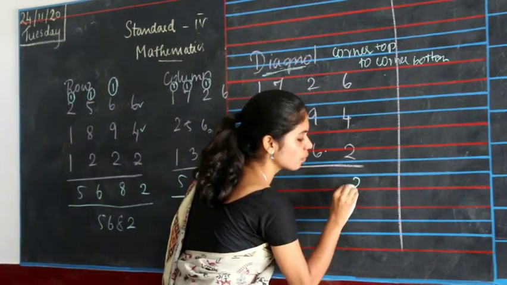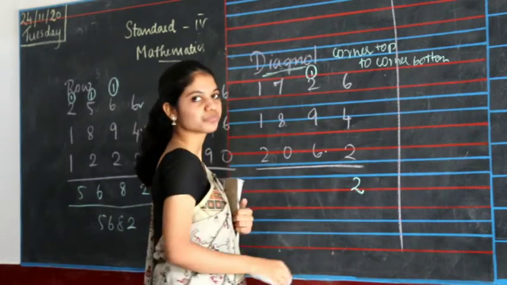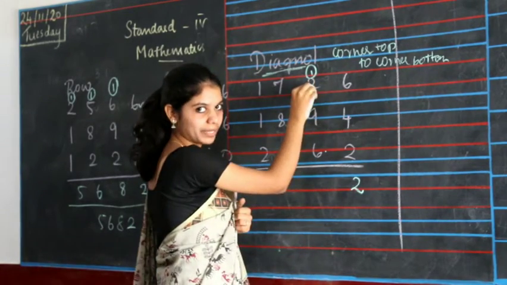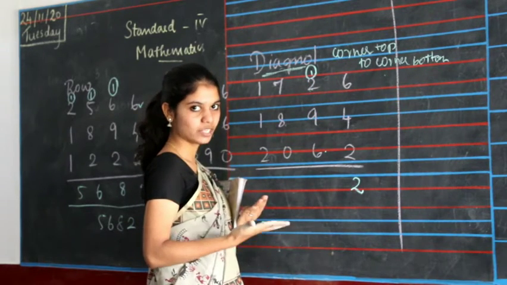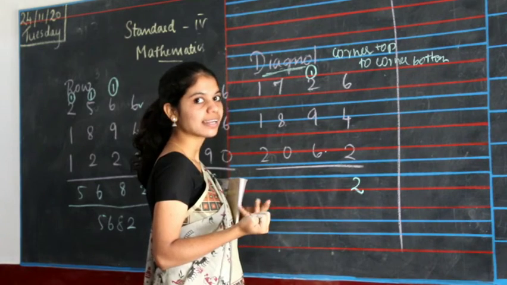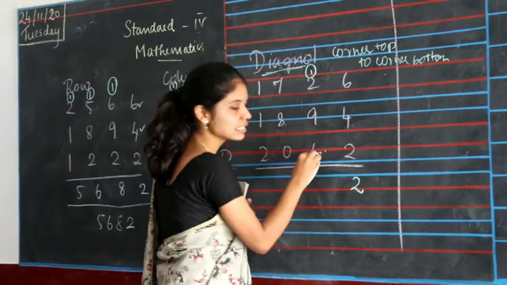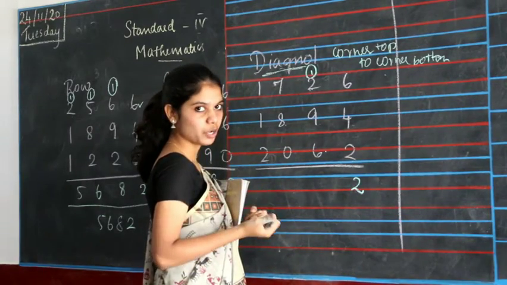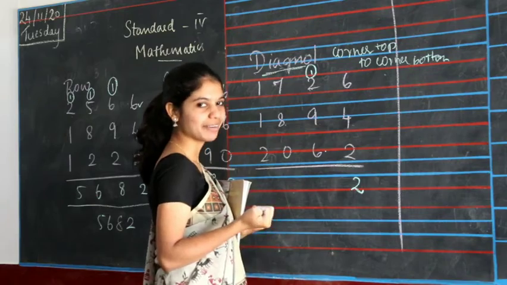So 2 here you have as the unit and 1 as the carry. 1 plus 2 will be 3. 3 plus 9 will be 3 in your mind, 9 in your finger. 3 after 4, 5, 6, 7, 8, 9, 10, 11, 12. So 12 plus 6 will be 12 in your mind, 6 in your finger. 12 after 13, 14, 15, 16, 17 and 18.